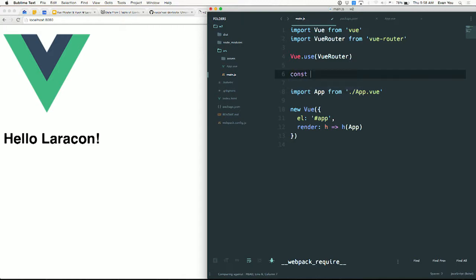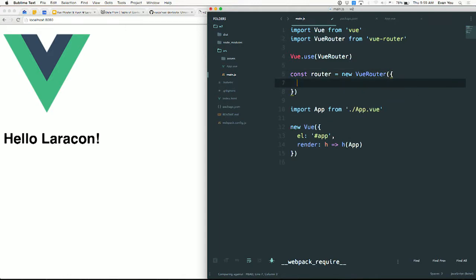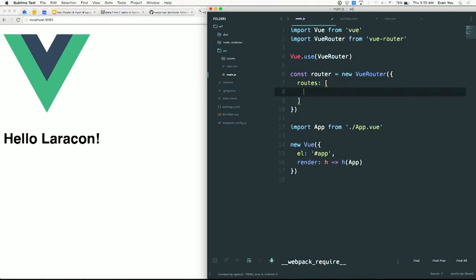Right? So const router equals new VueRouter. And similar to creating a Vue instance, you need to pass it a bunch of options. All right? So the first thing you need to do is provide an array of routes, obviously. So how do you define a route? You give it an object with a path. So let's say at path /home, we want to render